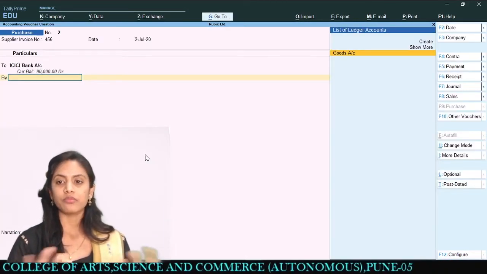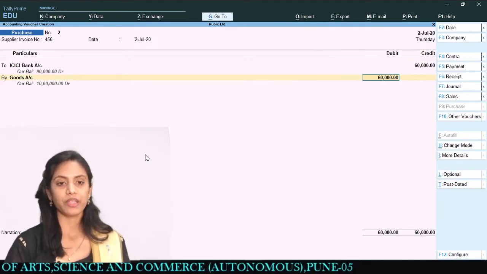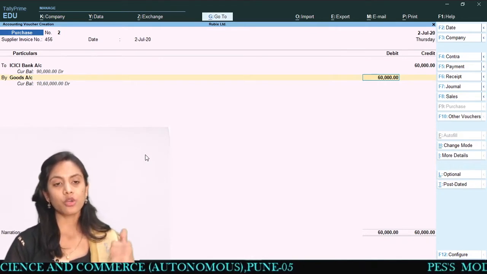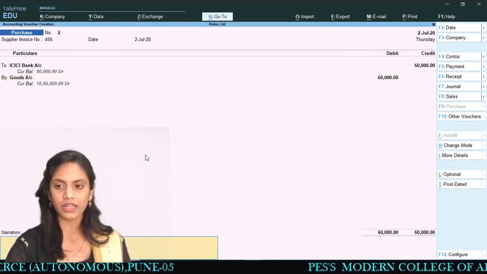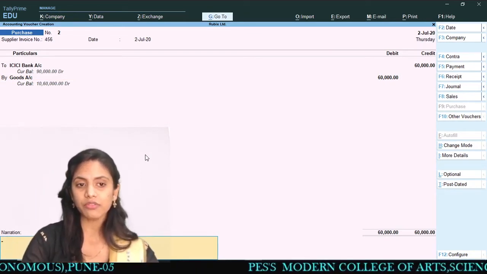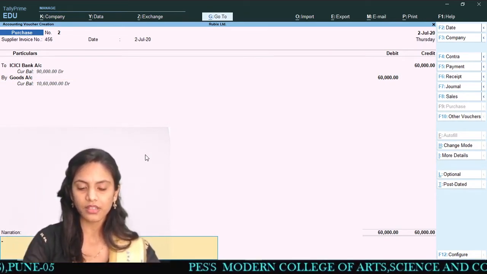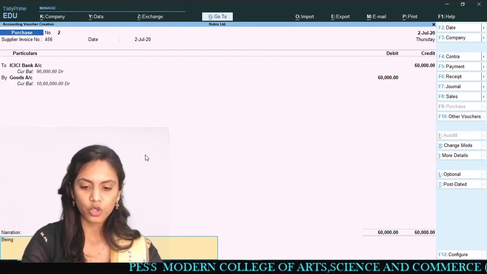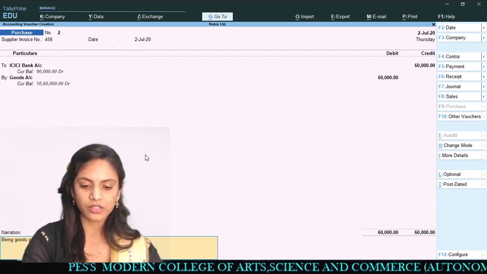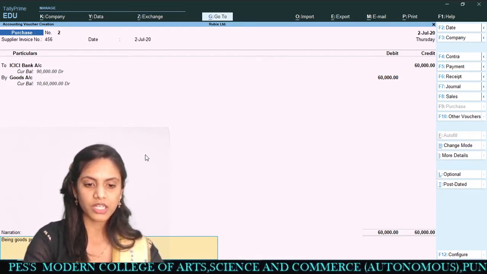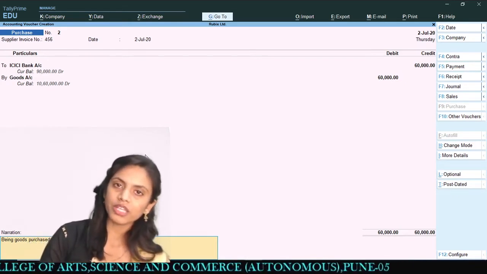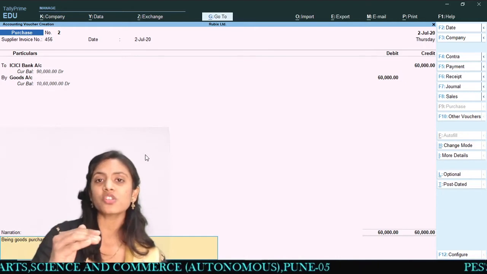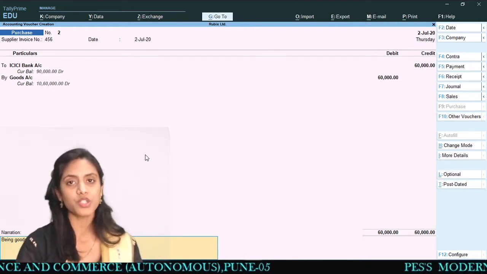Likewise, now buy goods account, of course buy goods account, what was my entry? Goods account debited to ICICI bank account rupees 60,000. So I have to give a narration, being goods purchased from. Now students, I have to give the details of from which party you have purchased this goods, right?